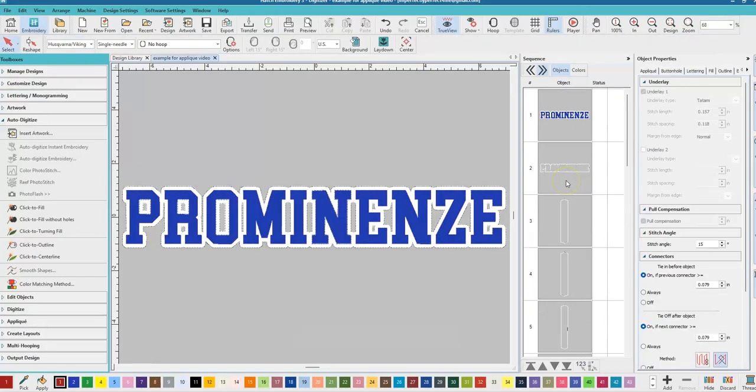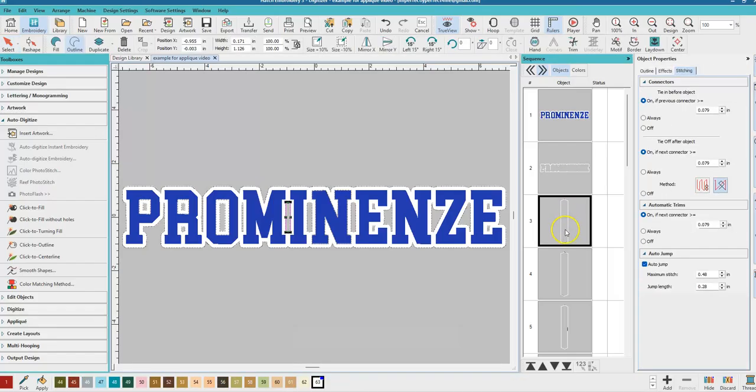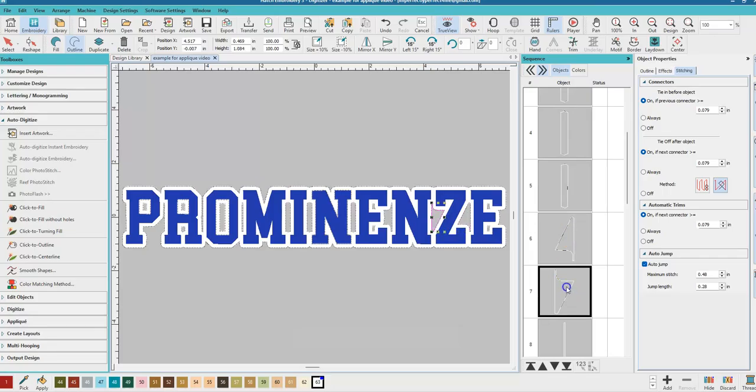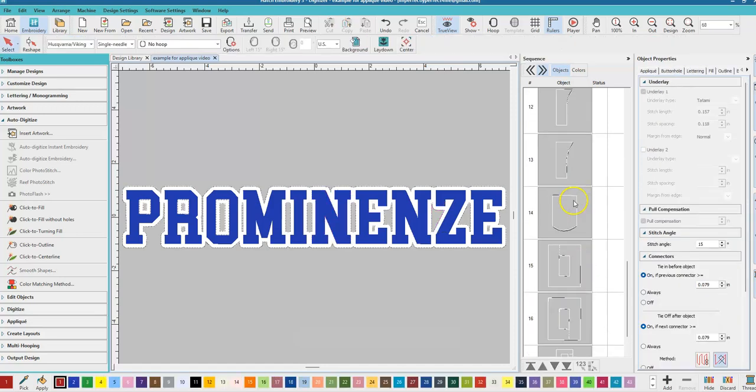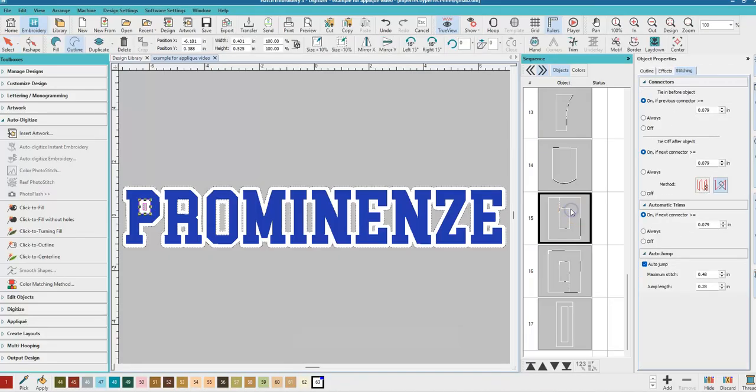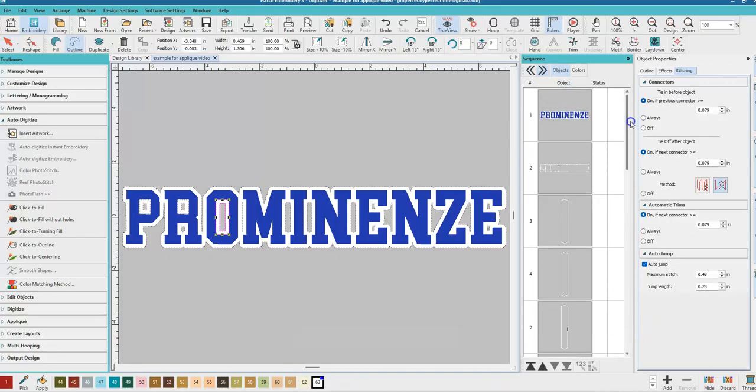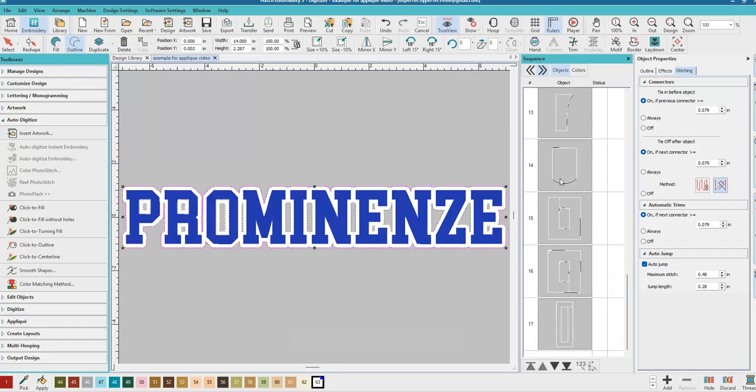But see these pieces here? If you click on them, it shows you where these pieces are. So each individual piece is here, and I'm going to get rid of that letter N because I don't want that outline. All right, and then here's my things that I highlighted earlier. Okay, so now I've got all of these. I am going to take all of these